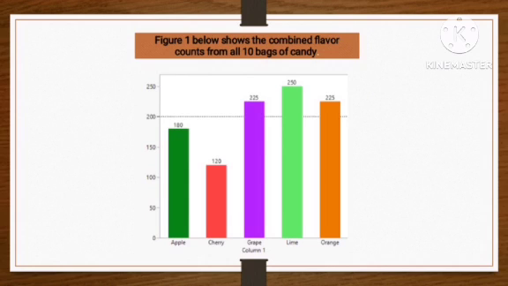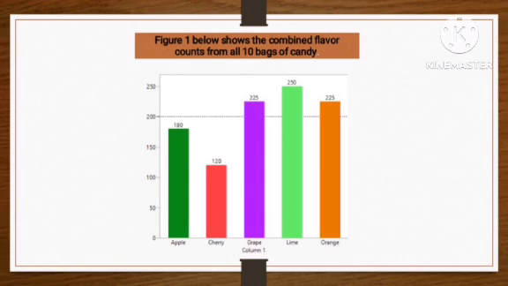Are the numbers of pieces close enough for us to conclude that across many bags there are the same number of pieces for each flavor? Are the numbers of pieces too different for us to draw this conclusion? Another way to phrase this is, do our data values give a good enough fit to the idea of equal numbers of pieces of candy for each flavor or not? To decide,